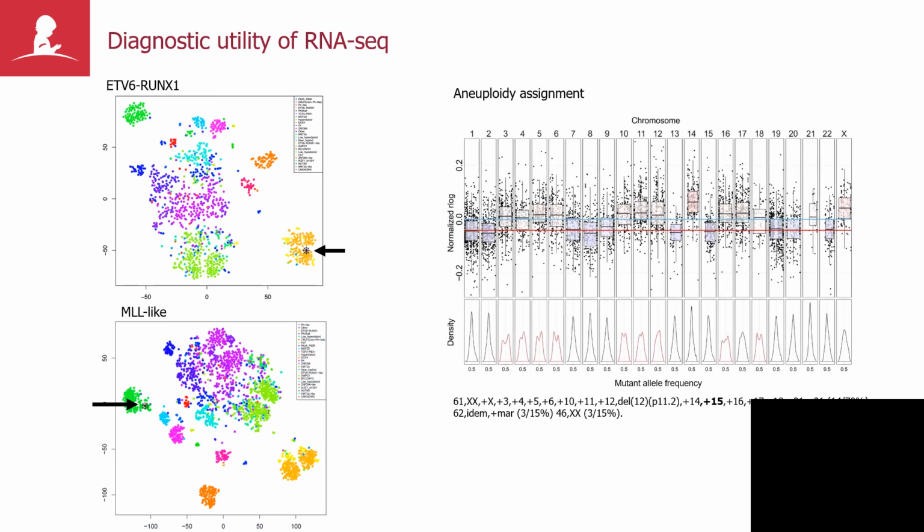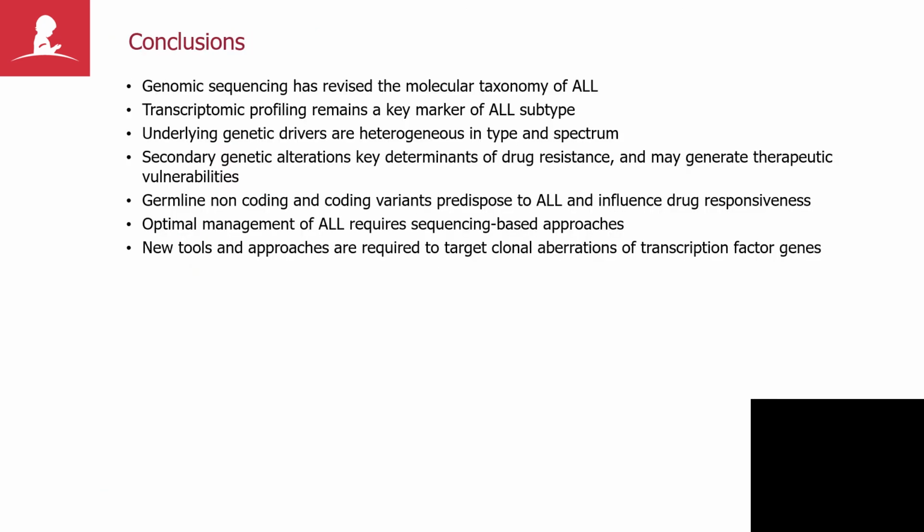And an additional point that RNA sequencing itself can be used as a substitute for some aspects of karyotyping, including aneuploidy assignment. And an example of this is shown here, where the integration of gene expression levels and variant frequency across each chromosome can be used quite accurately to assign ploidy status of individual chromosomes, and indeed can actually be found to correct misassignments of aneuploidy that can sometimes be an artifact of conventional karyotyping. An example which is shown here, a case reported as trisomy 15 that actually had a gain of 14, 2 copies of 14 rather than a gain of 15, as shown here on transcriptome sequencing.